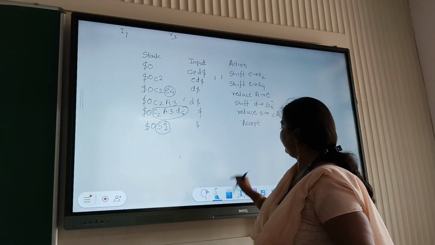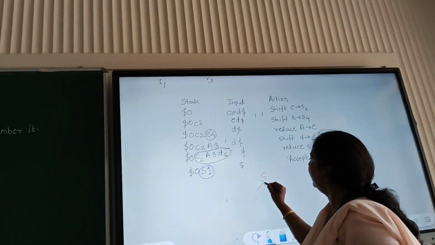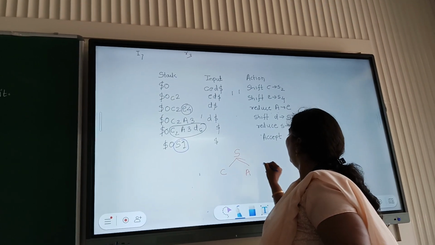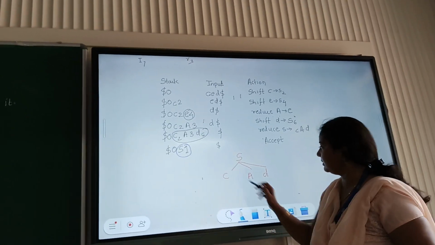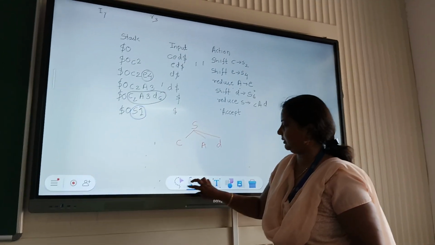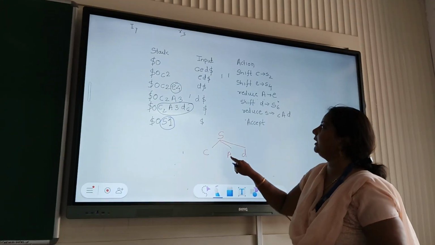So right here, first node is S. S implies CAD. Now listen, C and D are the small nodes, child nodes. So these are terminated here. Only A is